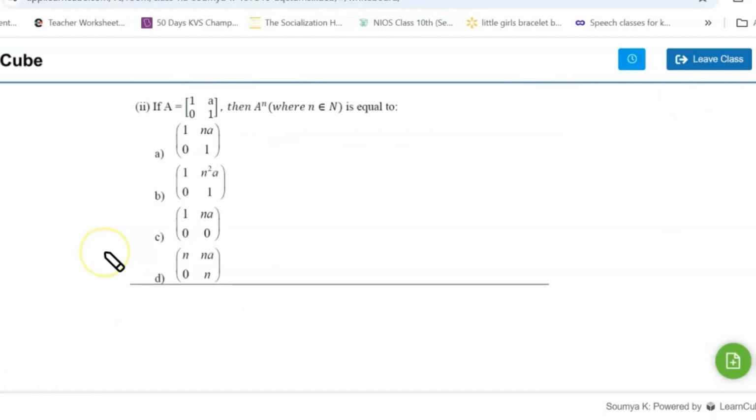Next question. This question is from the OR part of your 6th question. How do you have to solve this one? First, a matrix A is given to you. Then A raised to N will be equal to what? So you have to find the general equation for this one. For that, first let's find A into A. A raised to 1 you have with you. Now you have to find A square. Then you can arrive at A raised to N. So it is A square. A square is equal to